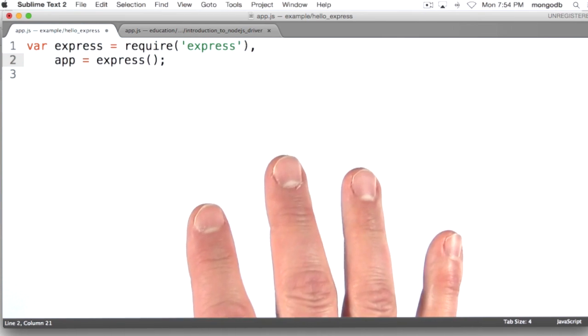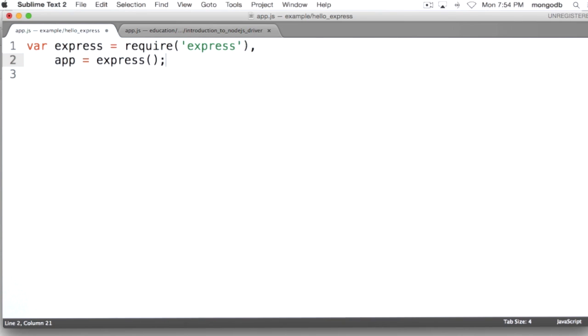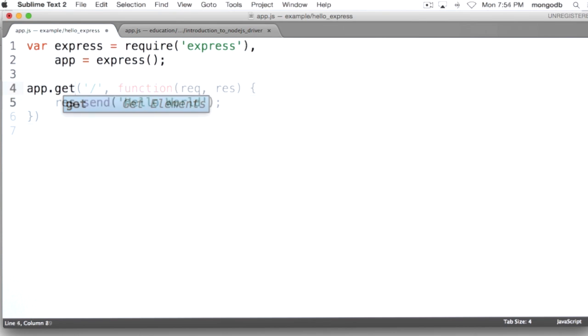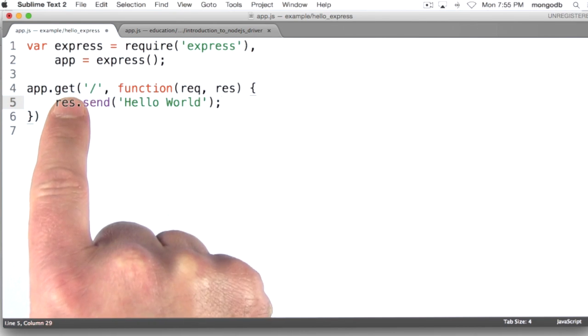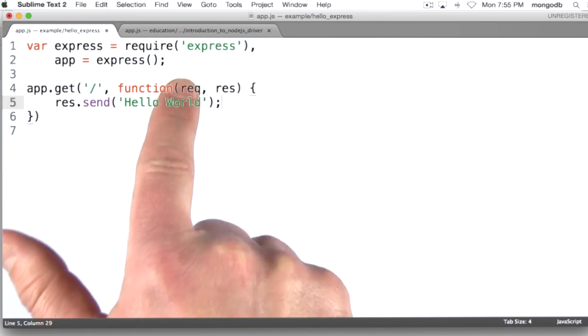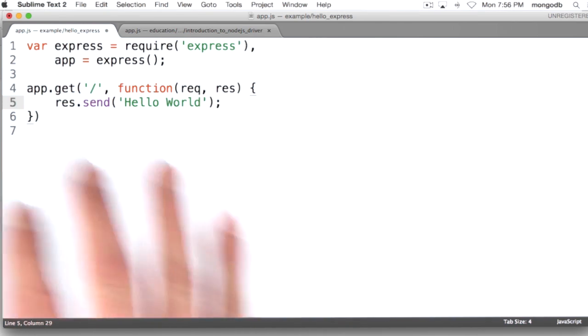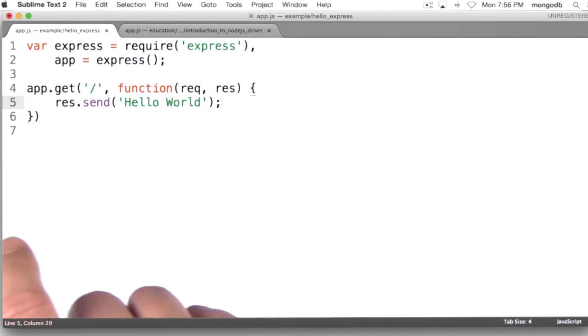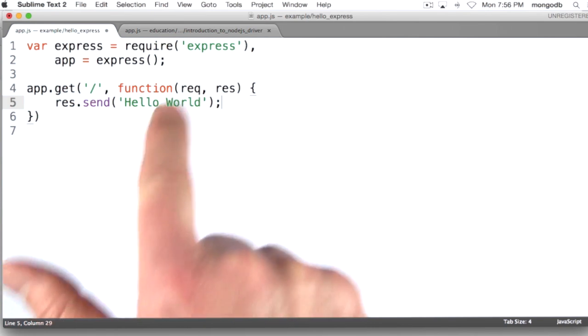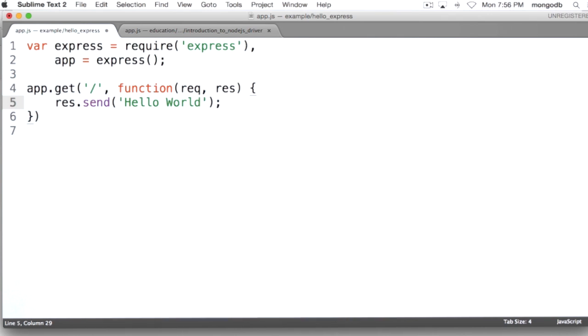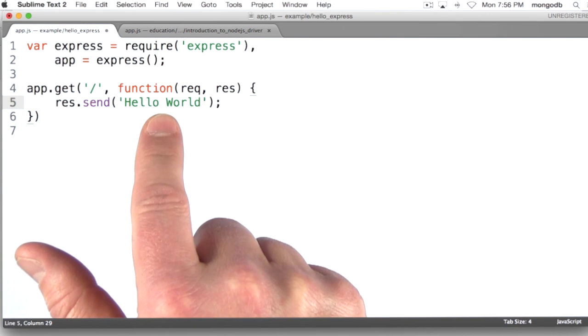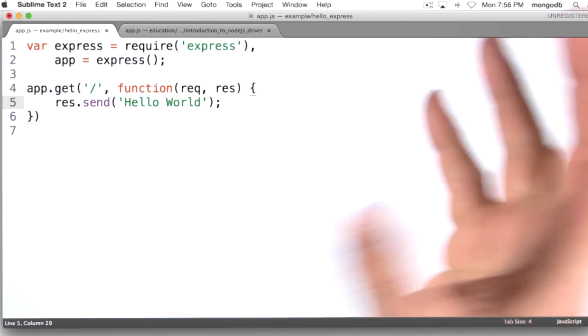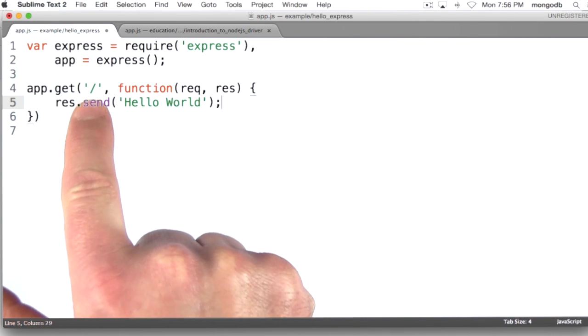Now, in this simple Hello World, we're just going to provide support for the homepage or the slash or root route. To do that, we use the app object and the get method and specify a route handler for the slash route. Okay, so here, this call to get will register this route handler for the root route. Now, you should be getting accustomed to this structure in which we call a method and pass a callback that will be executed at some point in the future. In this case, this callback or route handler will be executed anytime a client makes a request for this particular